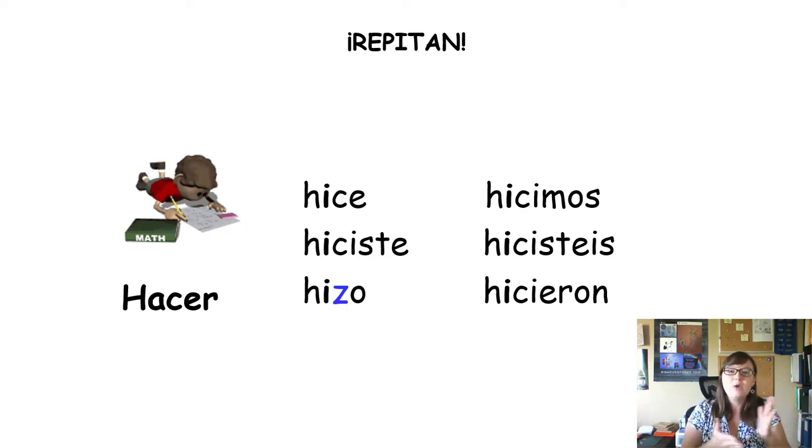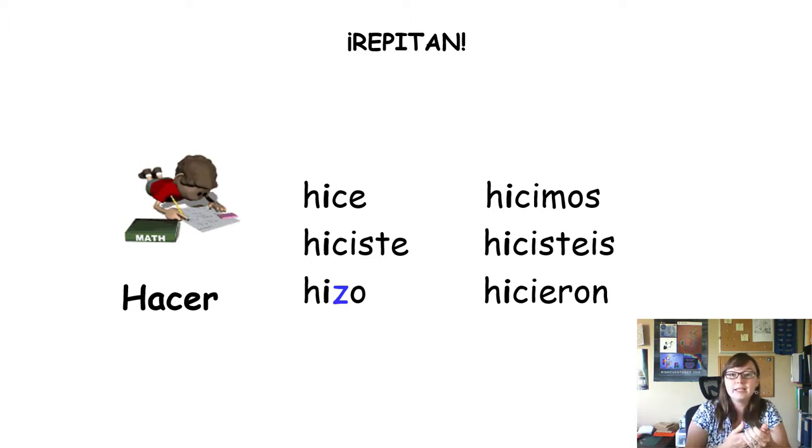Why is that? When we have stronger vowels and we want to maintain the pronunciation of that word, we'll need to change either a C to a Z or a Z to a C, which we'll see a little bit along the way. Hard vowels are A, O, and U. Softer vowels are E and I. The U is special in itself too and affects spelling as well. So be careful if you see a verb like hacer, which has a soft sounding S with a soft vowel after, because then when we have a hard vowel after it, we'll need to change to a Z